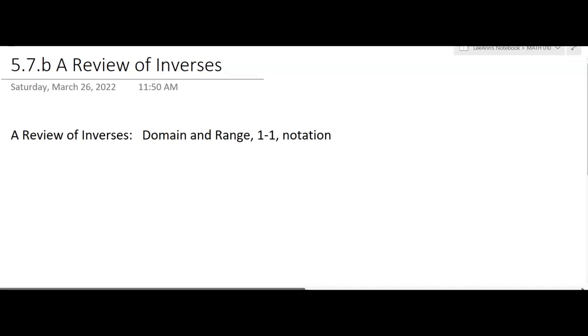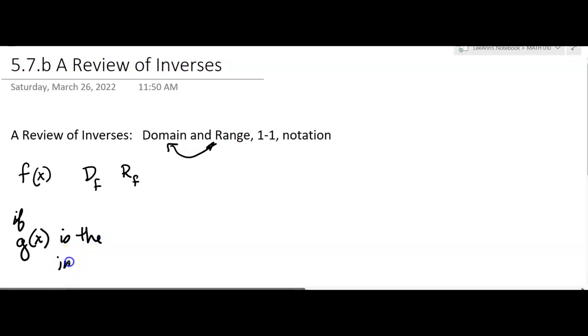So just a little bit of a review on inverses. First of all, it's when the domain and range switch, okay? So if you remember, if you have a function f of x, and then there's a domain for that function and a range for that function, if g of x is the inverse of f of x,